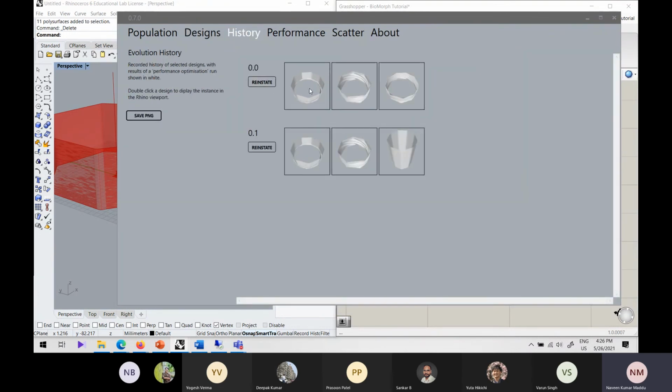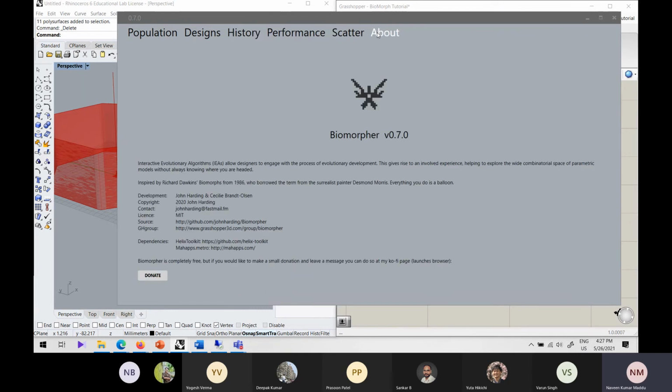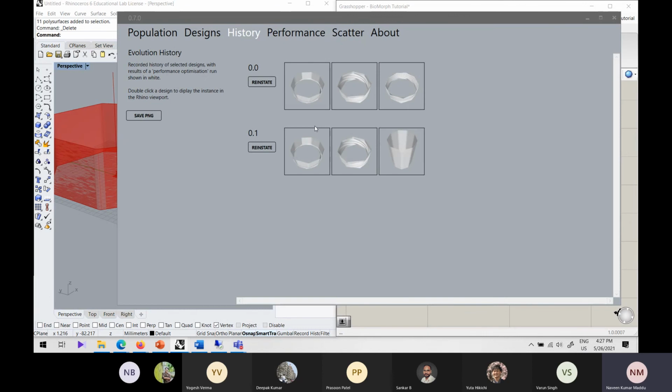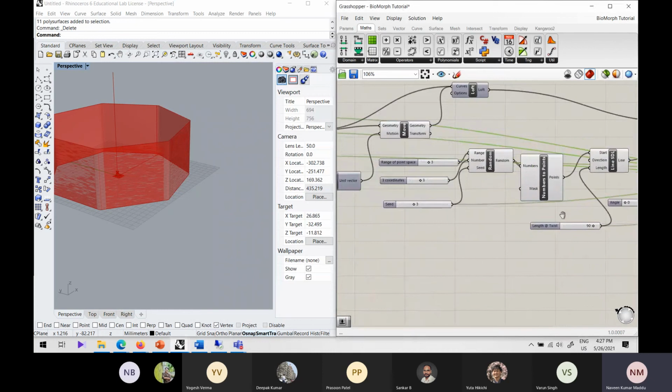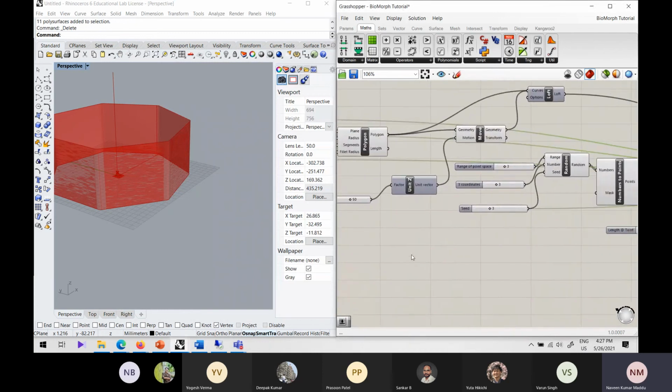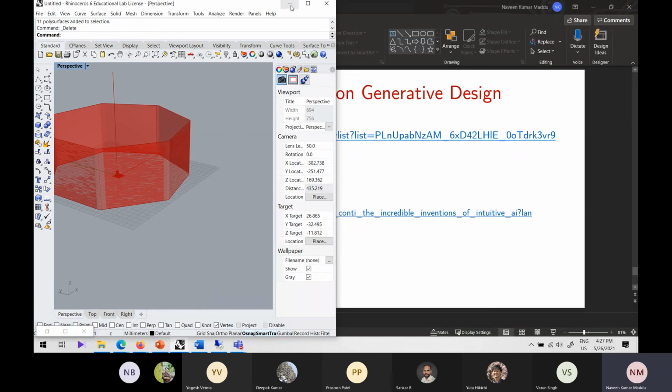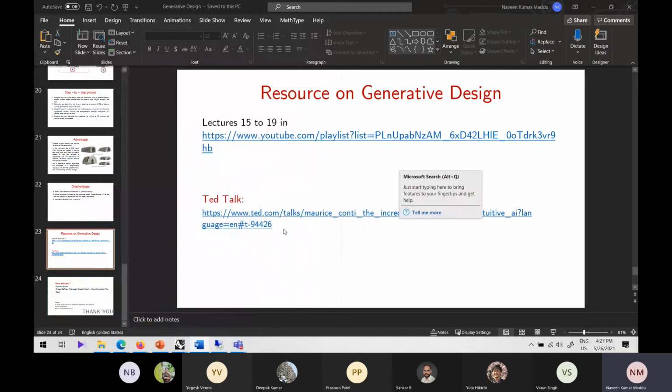and then you can see the history. This is how you started. You were interested in these 3 objects, then you evolved again, then you were interested in these 3 objects, like this. I don't know what this performance is about. So this is how you can generate different structures based on the structures that have already been generated and also the parameters that you put here. These are the parameters. So that's it for the basic understanding of generative design.